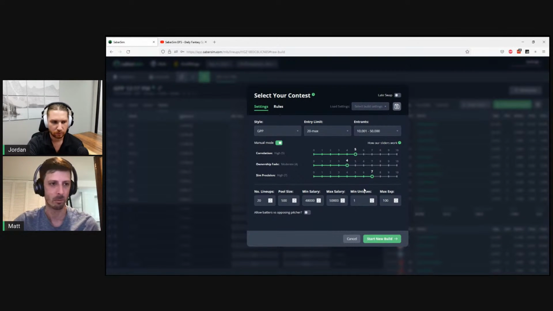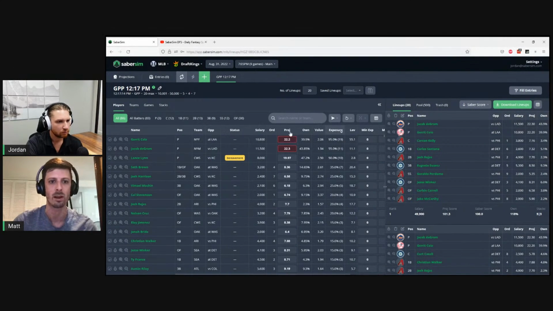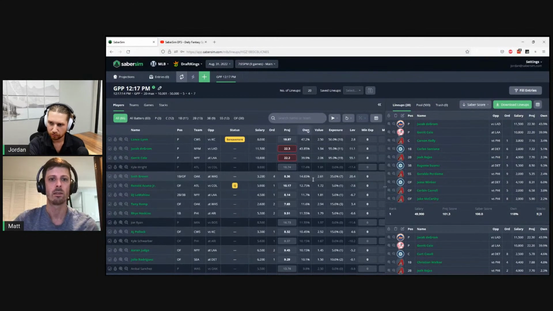Ownership fade is a bit simpler. It's essentially just adjusting all of the players for their ownership projection, and that's relative to the average ownership projection of the field. So in smaller slates, a 70% owned player is not going to be punished as much as a 70% owned player in a big slate. And it's also relative to their standard deviation. So high owned pitchers will be punished less than high owned batters because they have a lower standard deviation, and vice versa. Low owned batters will get